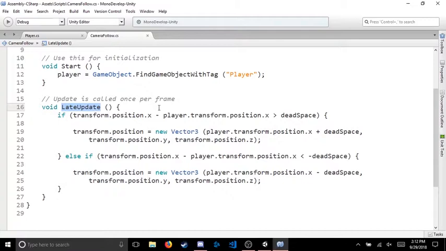So does anybody still need time to write code? We're all good? Yeah, go for it. I think I had the dead space as, I think I just had it at 1. That 1 gives it a bit of give, but it's not distracting. Yes? Can you repeat why